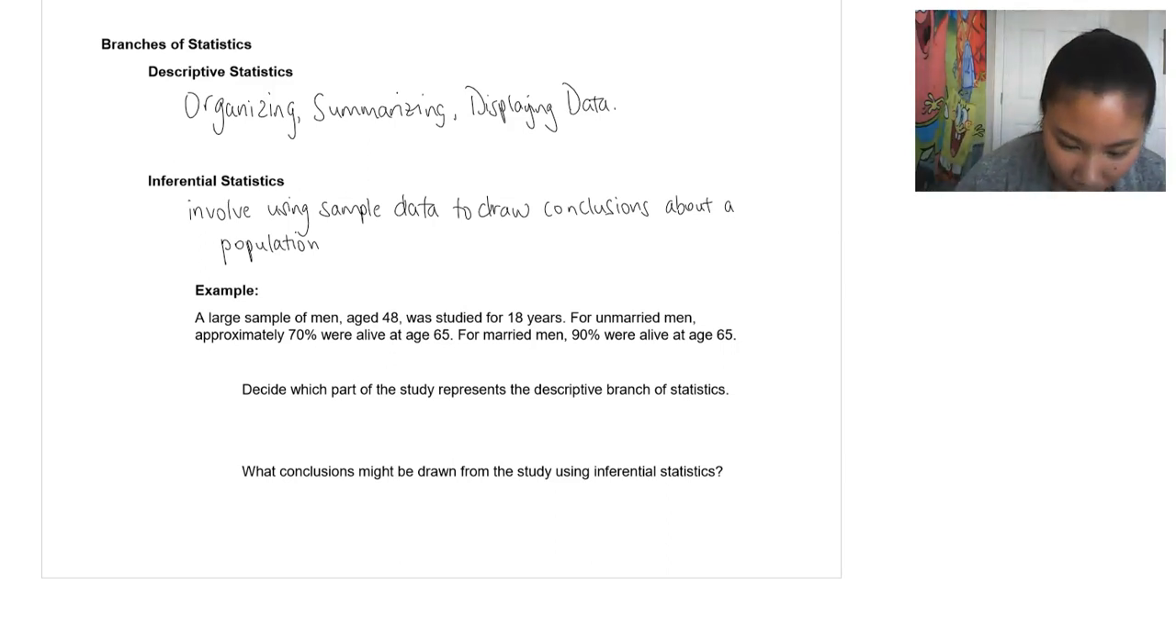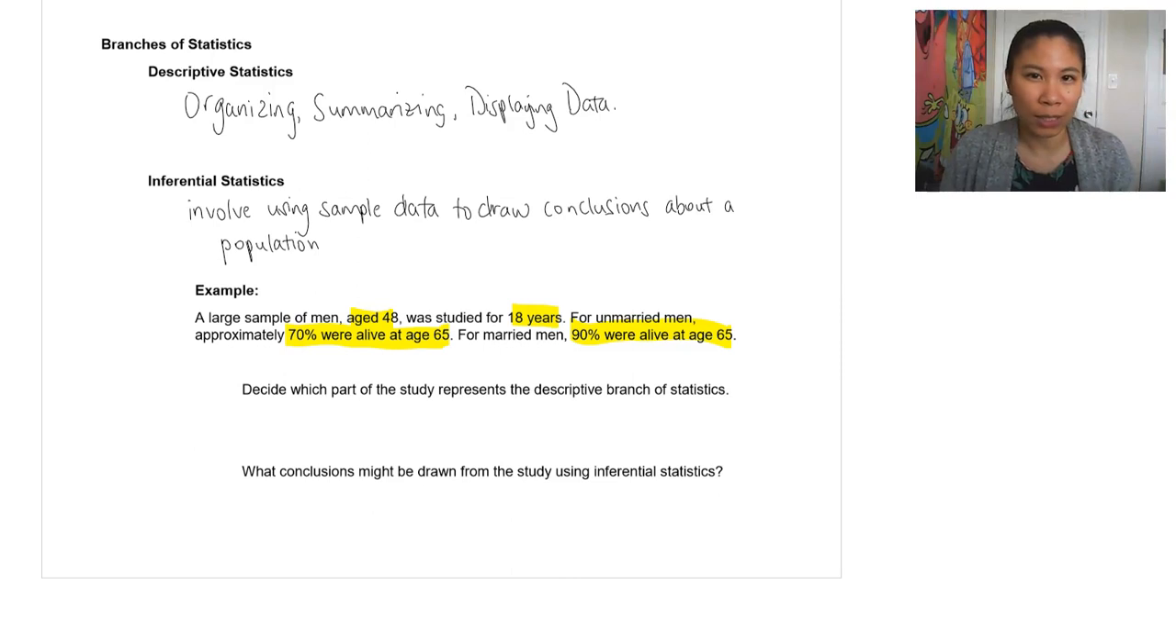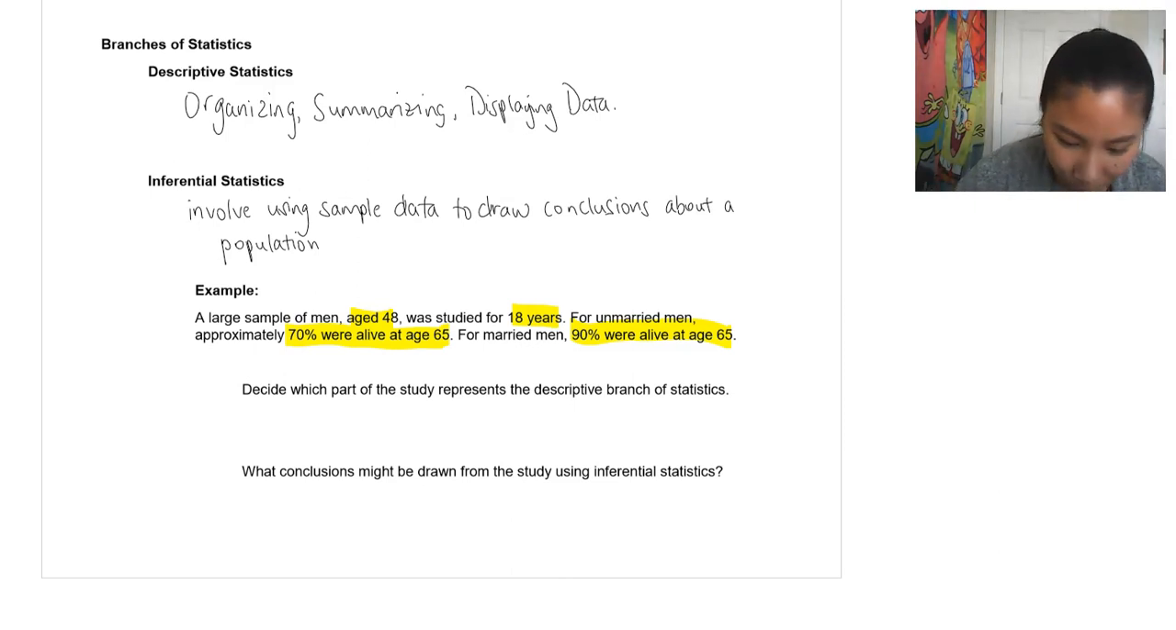They told us that they looked at these people, age 48, for 18 years, and at the end, they found that 70% were alive at age 65, and 90% were alive at age 65. So the descriptive side is really just taking the numbers that you gathered and stating facts. There's no opinion involved. There's no conclusions involved. You're just saying, this is the data that I got. So when they ask about the descriptive branch of statistics, we're just saying that